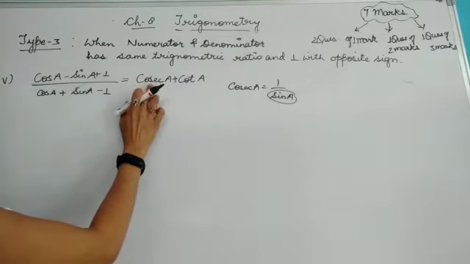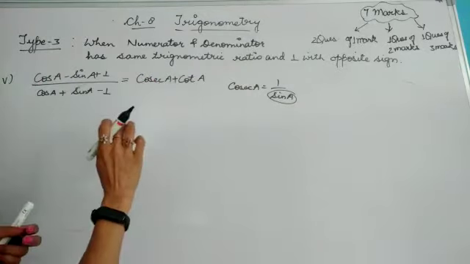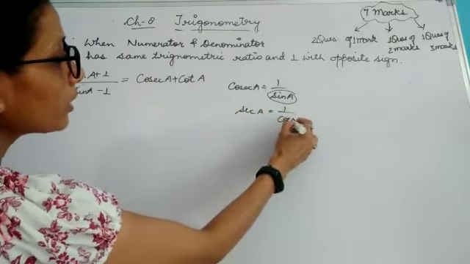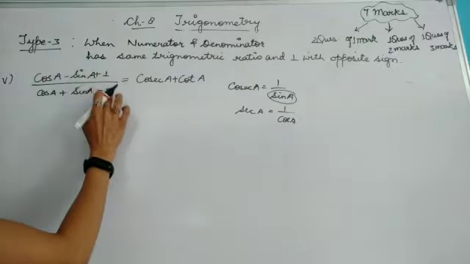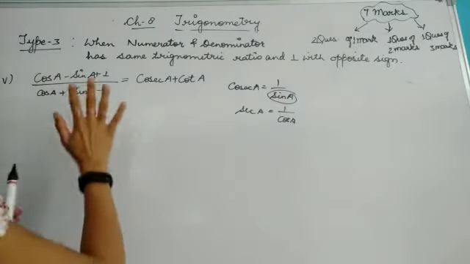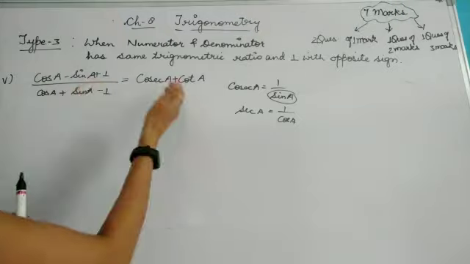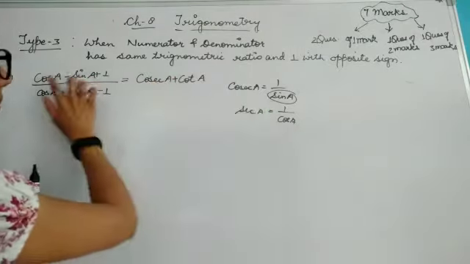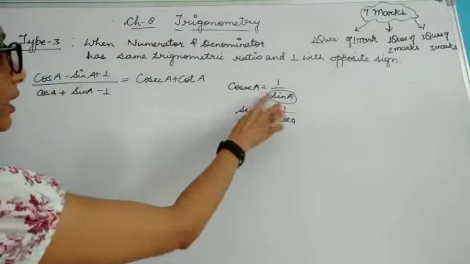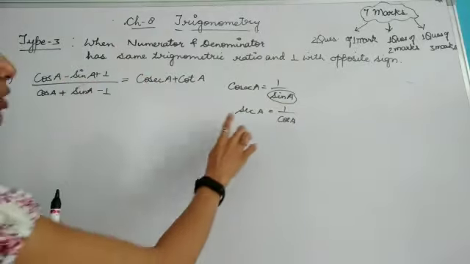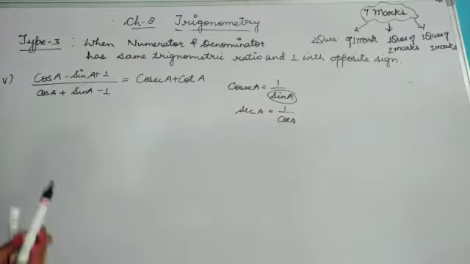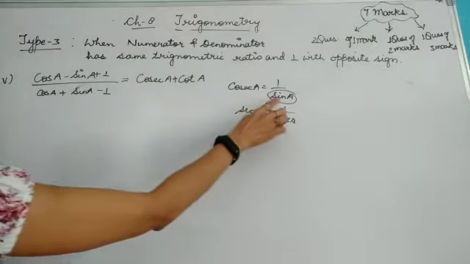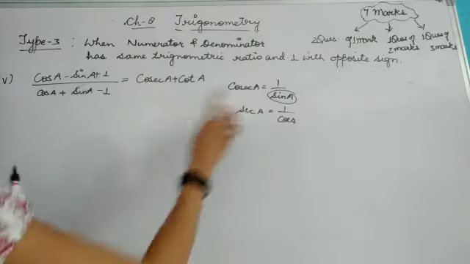Let's suppose if I get sec over here and tan over here, then you know that the reciprocal of sec is 1 by cos A. So I will be dividing the numerator and denominator by cos A. So in these types of questions, you have to see what you want to get. If you want to get cosec A, then divide the complete numerator and denominator by sin A. If you want to get sec A over here, then you have to divide the numerator and denominator by cos A. So here I want cosec A, so I will be dividing the numerator and the denominator by sin A.